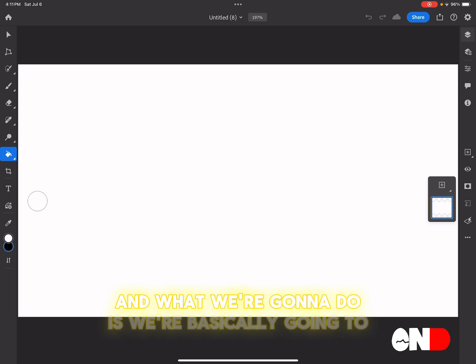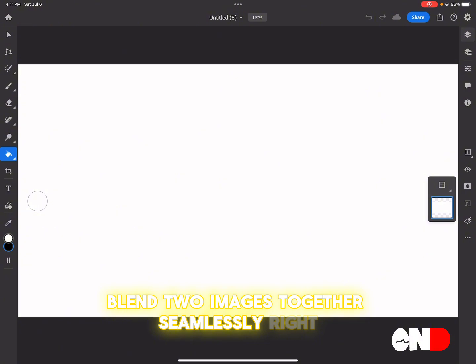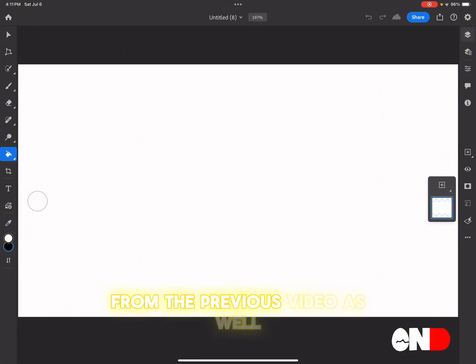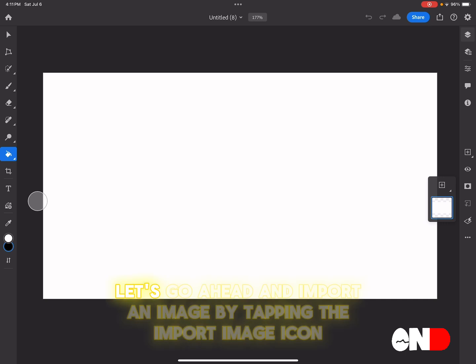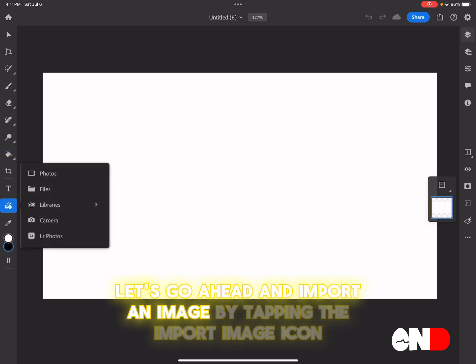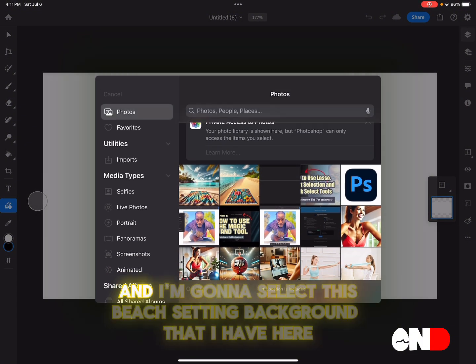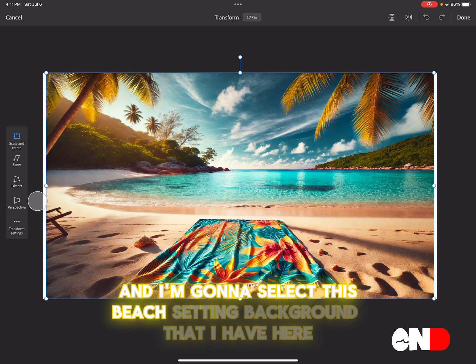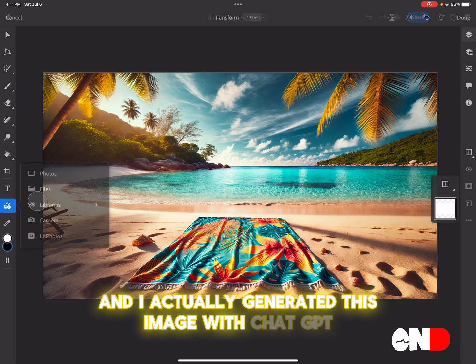And what we're basically going to do is blend two images together seamlessly, right? And we're going to use a couple of techniques from the previous video that talked about how to use the lasso tool, the object selection tool, and the quick selection tool. But first, let's go ahead and import an image by tapping the import image icon, and I'm going to go to photos, and I'm going to select this beach setting background that I have here. And I actually generated this image with ChatGPT,